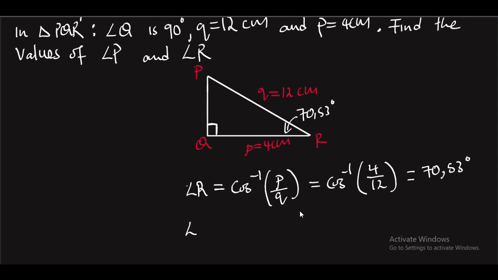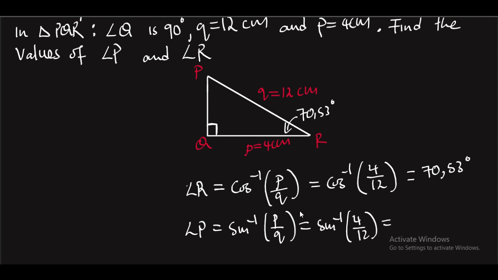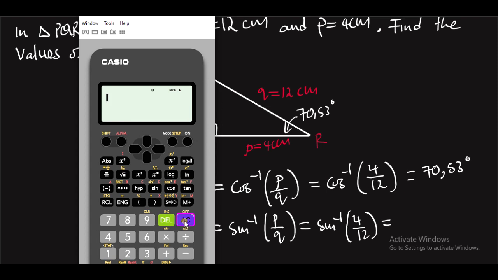So meaning that now angle P is going to be the arc sine of opposite over hypotenuse, which is P over Q, and then arc sine of 4 over 12, and then the answer would be, okay. So now the answer is what? Is 19.47